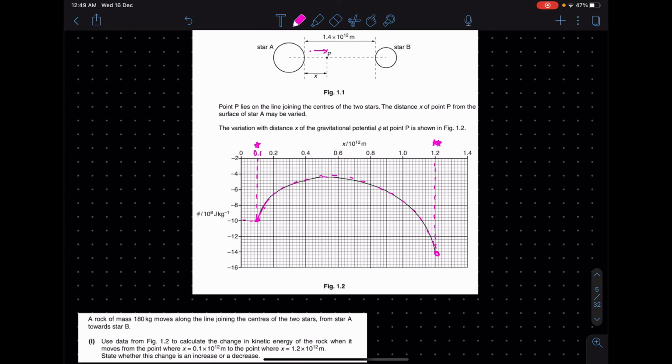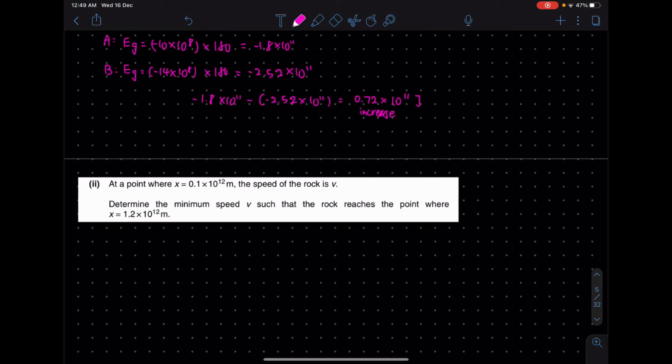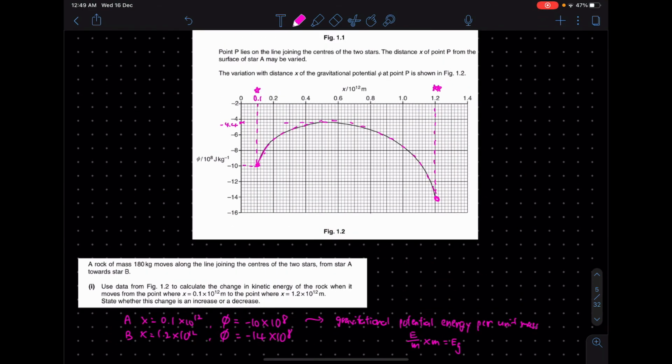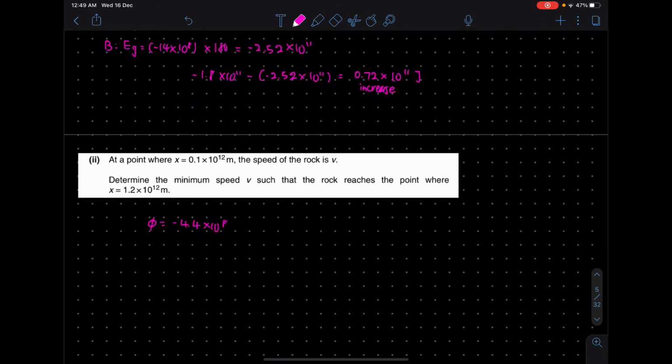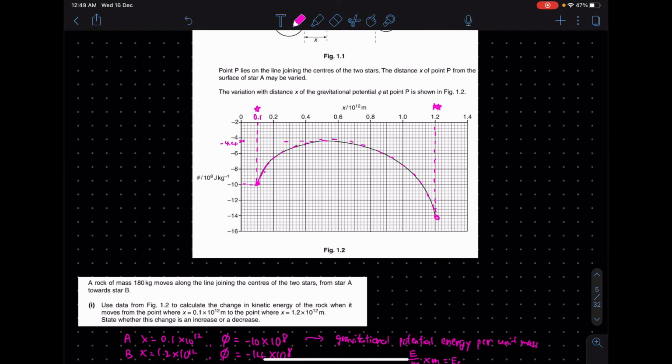So now we'll find the top, the highest part of the graph, and find the gravitational potential at that part. So here we can see that it's at this point, so it should be negative 4.4. Alright, so we got it now. So phi is equal to negative 4.4 times 10 to the power of 8, when it is at the point of, well, we don't need to bother ourselves with that,